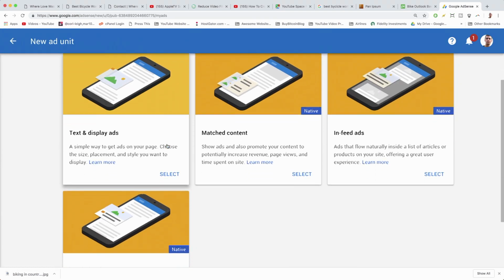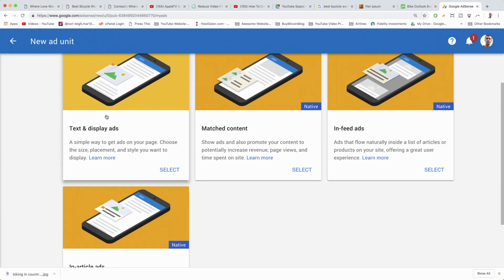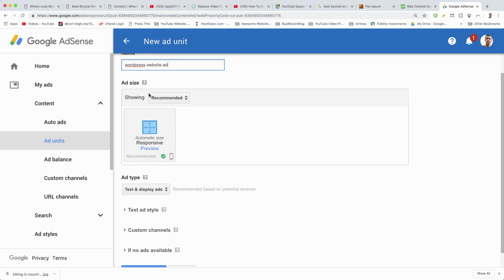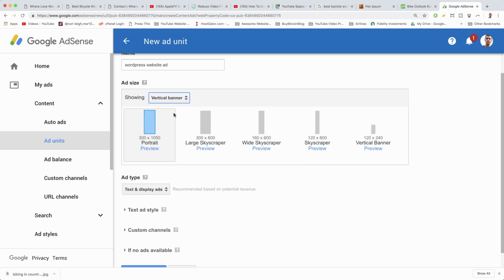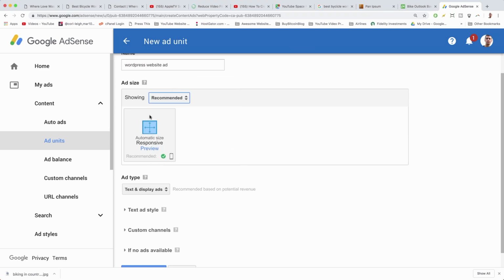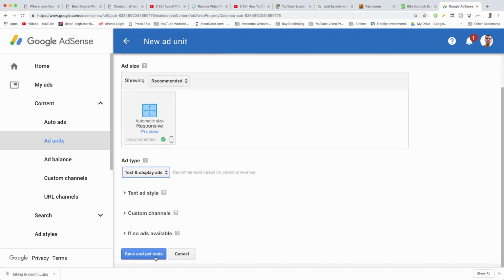All right, and once you're in ad units, just basically click new ad unit. And I usually like clicking text and display ads and letting Google choose whether they want to put in text or images. Now you're gonna name your ad like WordPress website ad. And now we're just gonna choose the size. So we're gonna go with a recommended size. Although you can change it, you can do vertical banner, for example, horizontal banner. We're going to keep it on text and display, and we're just going to save and get code,